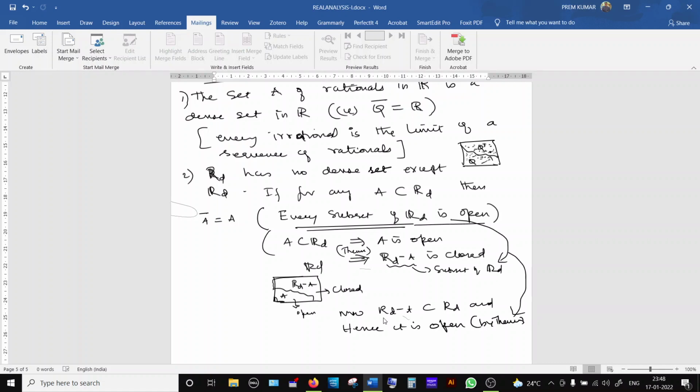If this set is open, then its complement, which is nothing but A, is